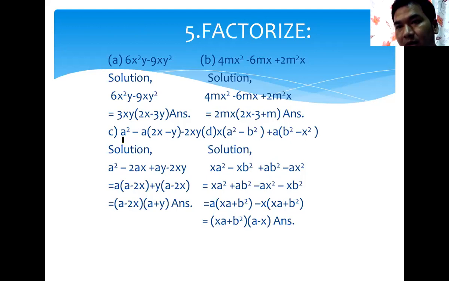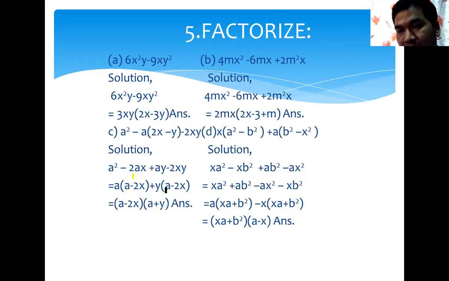Similarly here also, a square minus 2a times (x minus y) minus 2xy. First of all remove this bracket: a square minus 2ax. Then multiply here 2x minus a into minus y plus ay, and it is minus 2xy. Let's take a common in these: a square, a is left, minus 2x left here. And here y is common: y, and here is remaining a, and here is remaining 2x in the bracket.